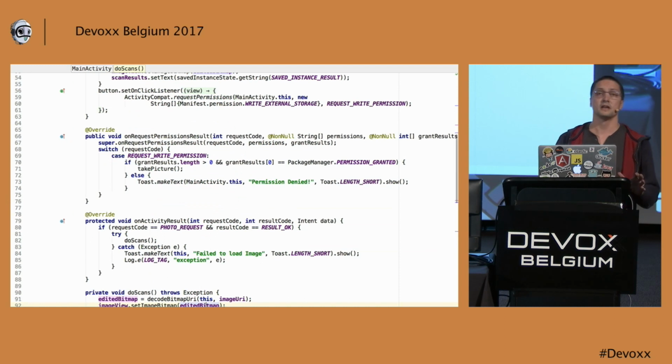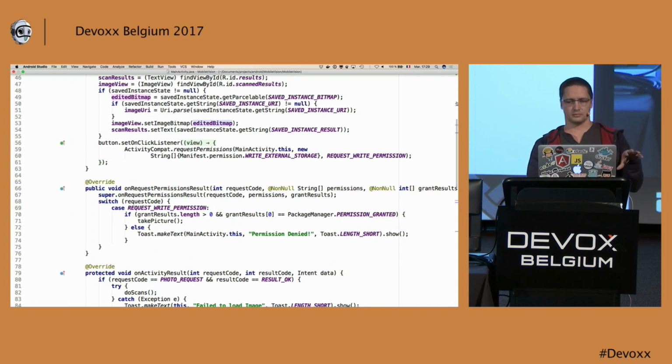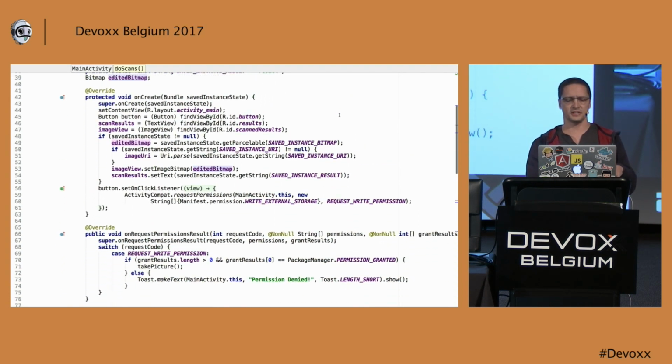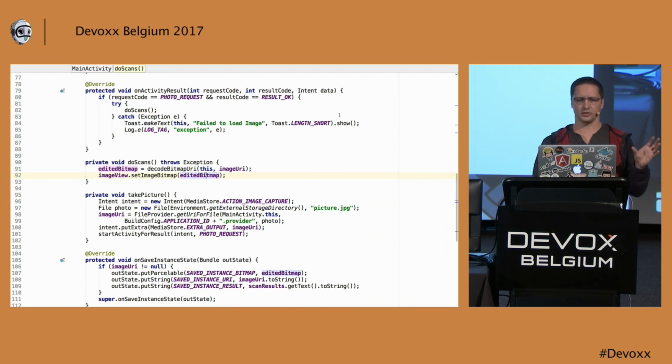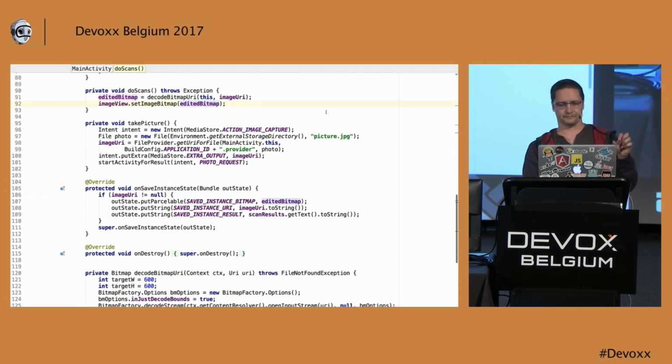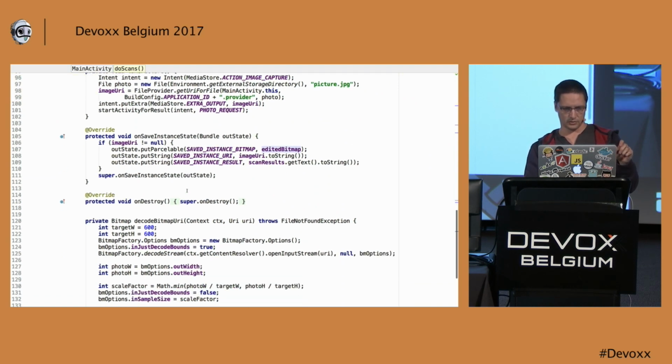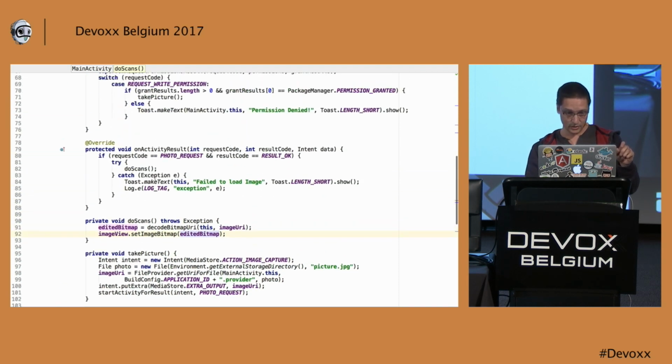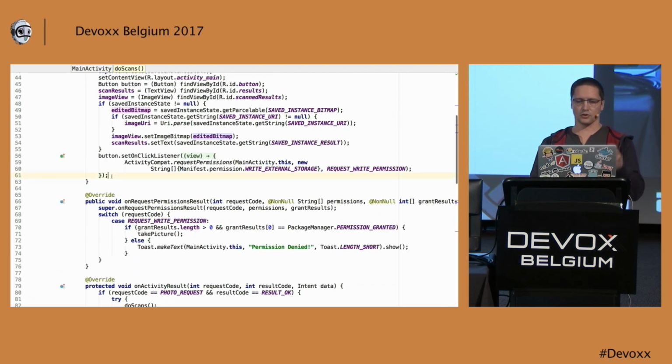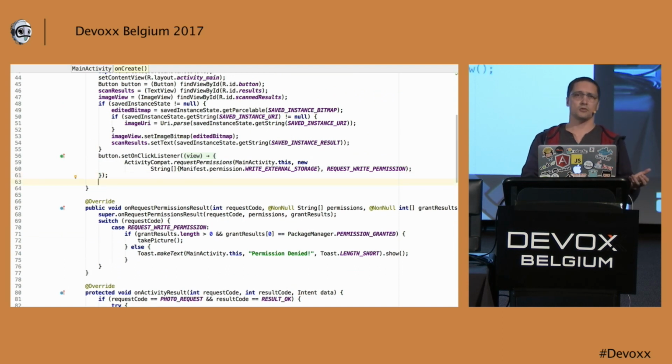Then I can go back to my activity. In this activity, I've got the onCreate method, which will do some initialization. Then I ask for permission, and there is an intent that is used to take the picture, and in the return from the intent, onActivityResult, I call a method doScan, which for the moment is only putting the picture in the UI. So what we'll do is that in the onCreate method, we will prepare our detector.